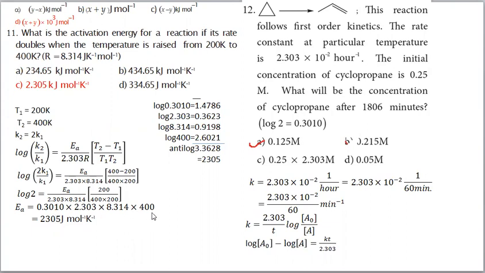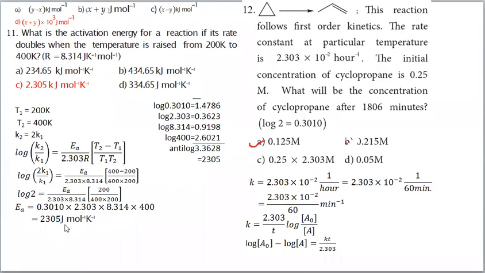So multiplication is difficult. We can take logarithm and simplify. Log 0.3010, this value equal to this one. Log 2.303, log 8.314, we can write. Then log 400 is this one. Then add these four values, we will get this answer. Then take the anti-log. Anti-log of this number is 2.305. The characteristic 3 is there, so we move the decimal point 3 digits to the right. So we get this answer, 2305.